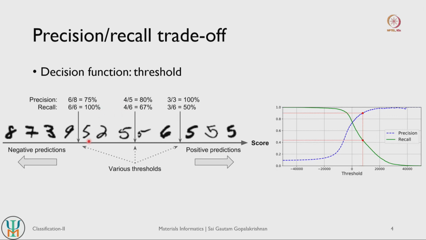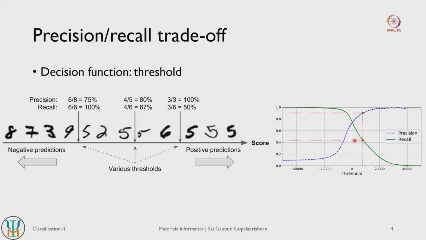But if you look at recall, you have minimized the total number of false negative predictions. There are no more false negative predictions. All the negative predictions are true negatives, and all the positives are being captured. So the recall now has a value of 6 by 6, which is 100%. The recall has gone up with the decrease in the threshold, but the precision has gone down to 75%. So whenever your precision increases, your recall decreases, and vice versa, whenever your recall increases, your precision decreases.